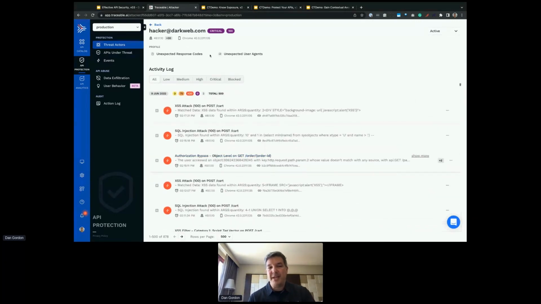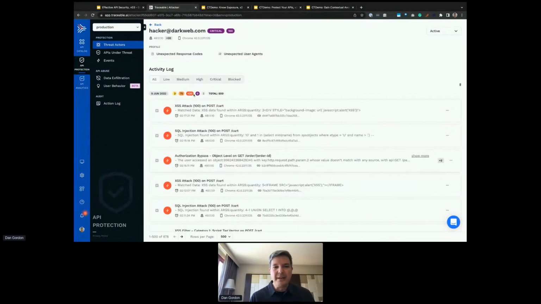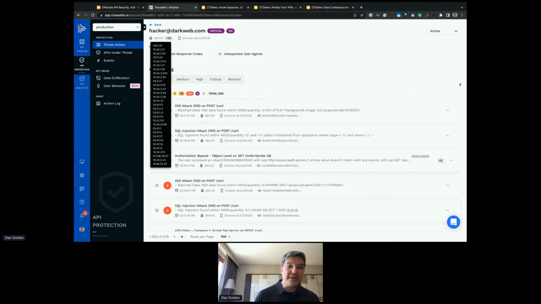Because of all of this behavior and what the system is seeing, Traceable has brought up more and more their karma or anti-karma, their threat index, right? They've done many different attacks that have different levels of identification for threat, labeled here. And the total of that has knocked them up to a critical level. This is, of course, tunable by each organization. 100 points is the maximum. And the other thing I'm seeing as I'm investigating this is they came from 30 plus, or I guess 31, different IP addresses. That's not normal behavior.